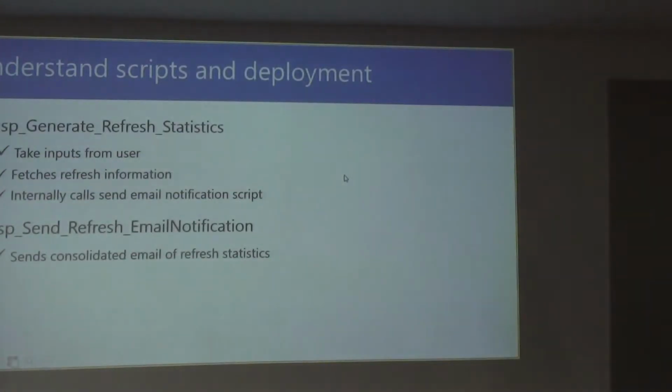Okay. So now there are two scripts. First is generate refresh statistics. What it does, it takes the input parameters from the user about the jobs, about the package names, where they are located, all those things. And second is send refresh email notification. So the generate refresh statistics stored procedure internally calls the email notification script,